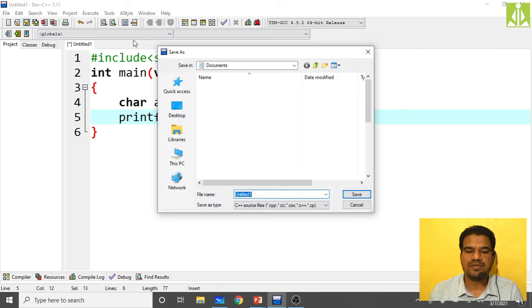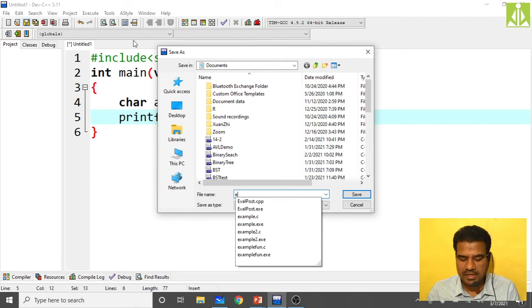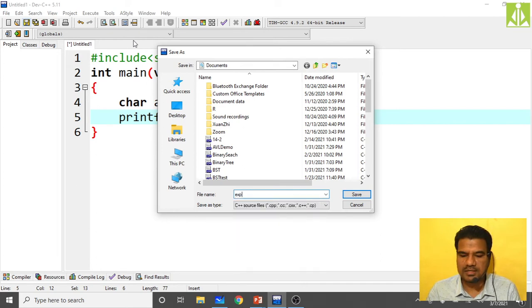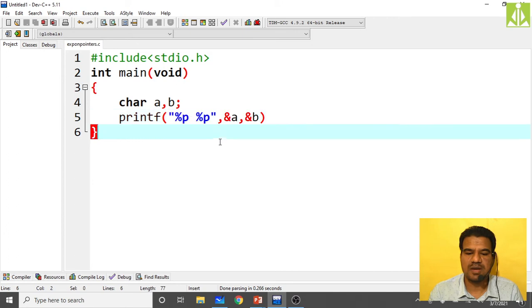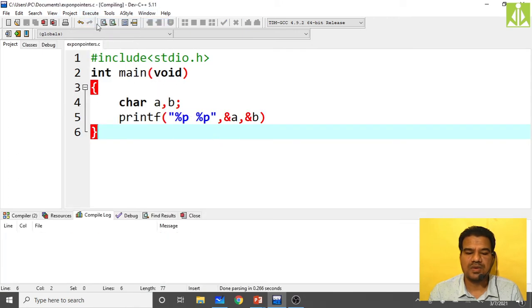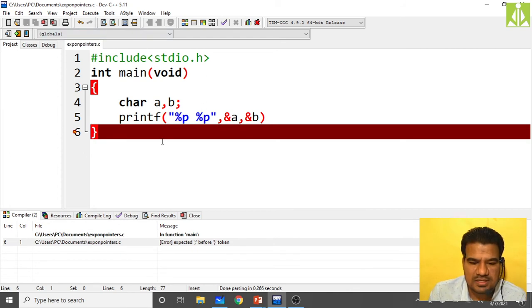Save the program, give some name, example on pointers dot c. Now go compile. As you can see, yes, it is giving some issue to me.